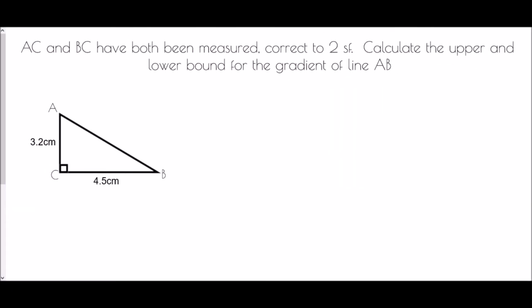In the next question, we've been given a right-angled triangle, and we've been told that AC and BC have both been measured correct to 2 significant figures. We need to calculate the upper and lower bound for the gradient of line AB. So the first thing, as always, we need to start thinking about the 2 values that we've been given which have been rounded. And so if we begin with AC, we knew that that had been rounded to